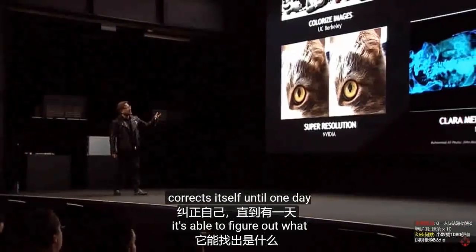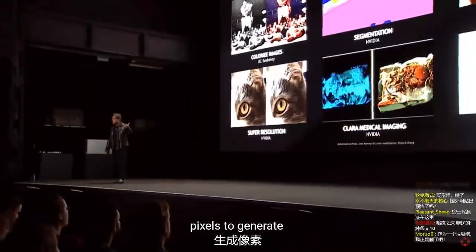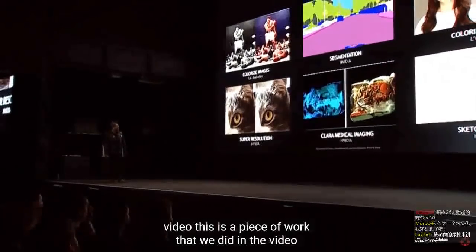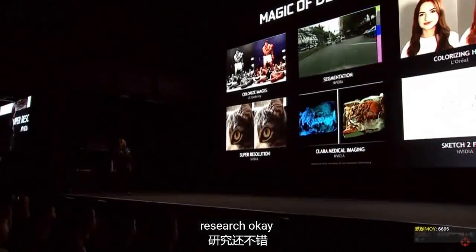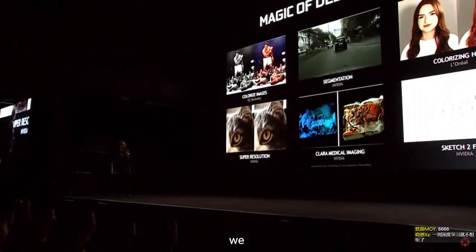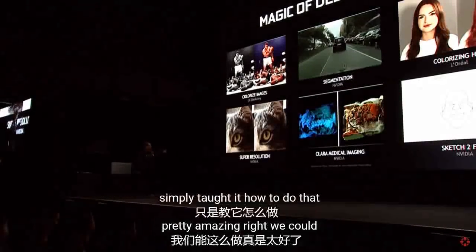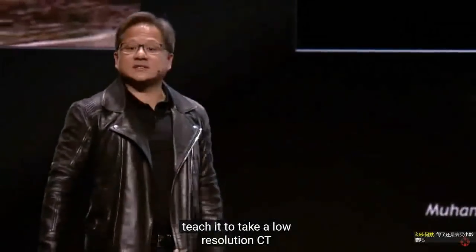You could teach it how to take a cartoon and turn it into live video. This is a piece of work that we did in NVIDIA research. Okay, we simply taught it how to do that. Pretty amazing, right? We could teach it to take a low-resolution CT scan and not only increase the resolution of it,